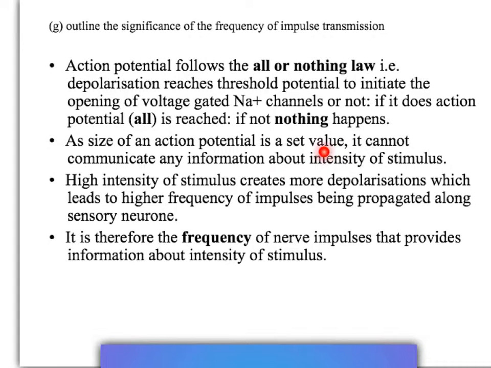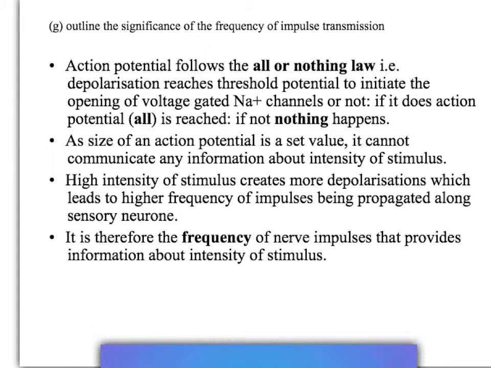Okay, it's always about plus 40 millivolts. So it can't communicate any information about intensity of stimulus. So how does the nervous system convey information about the intensity of stimulus? The answer is that a high intensity of stimulus creates more depolarizations, which leads to a higher frequency